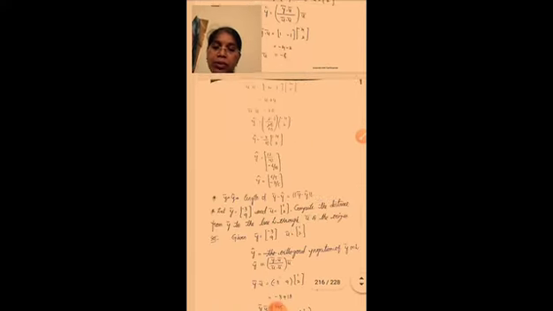Okay, once again, if u bar is a non-zero vector in R to the power of n and y bar belongs to R to the power of n, then y cap is equal to y bar dot u bar by u bar dot u bar into u bar, called the orthogonal projection of y bar onto u bar, and z bar is equal to y bar minus y cap, called the component of y bar orthogonal to u bar. So this is the orthogonal projection.